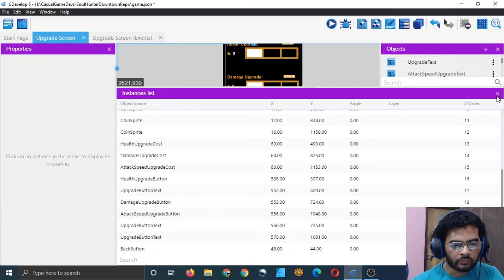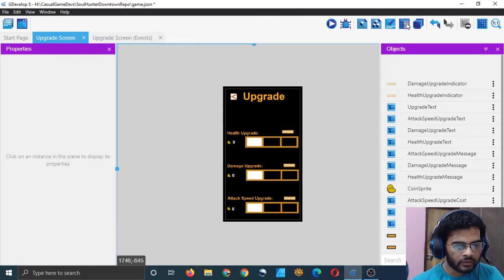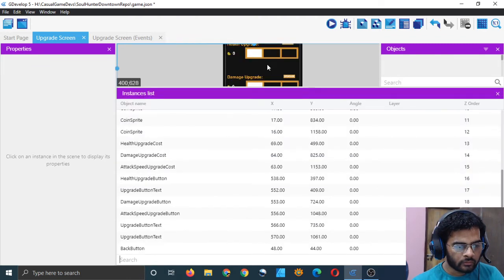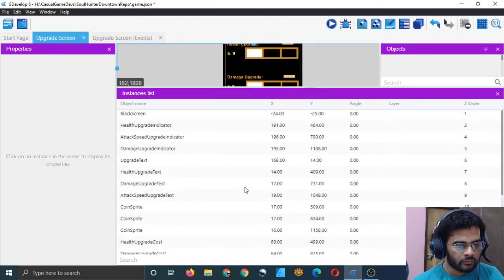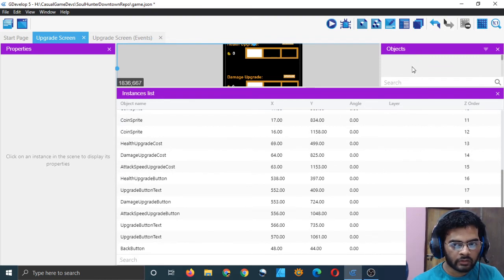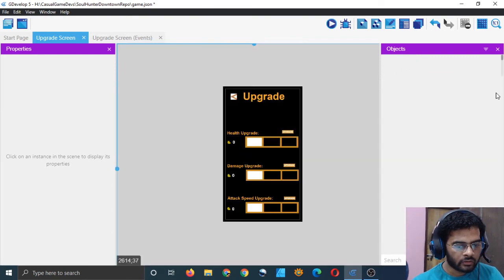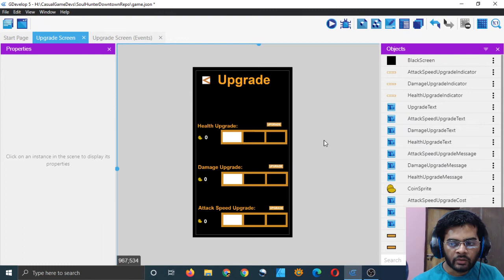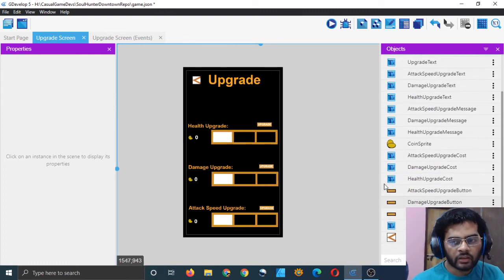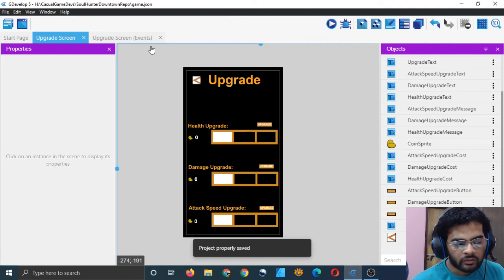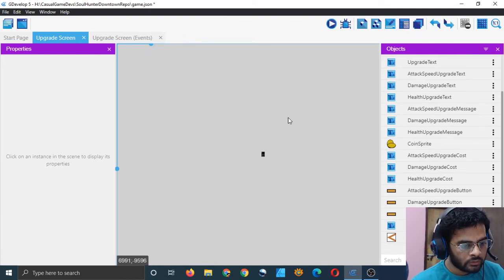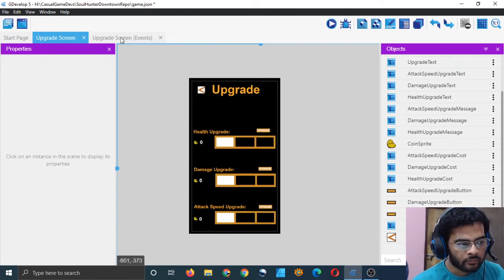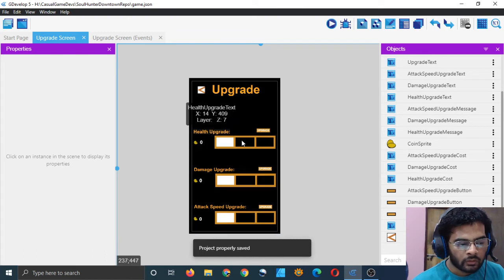That will delete it. And this list is the list of instances. It will show you all the objects which you have brought inside the scene. It will not show you the objects which are here in this list. So we will bring them inside the scene dynamically, and change their text also dynamically, because it's a message and it will depend on what happens when the user clicks on this button.